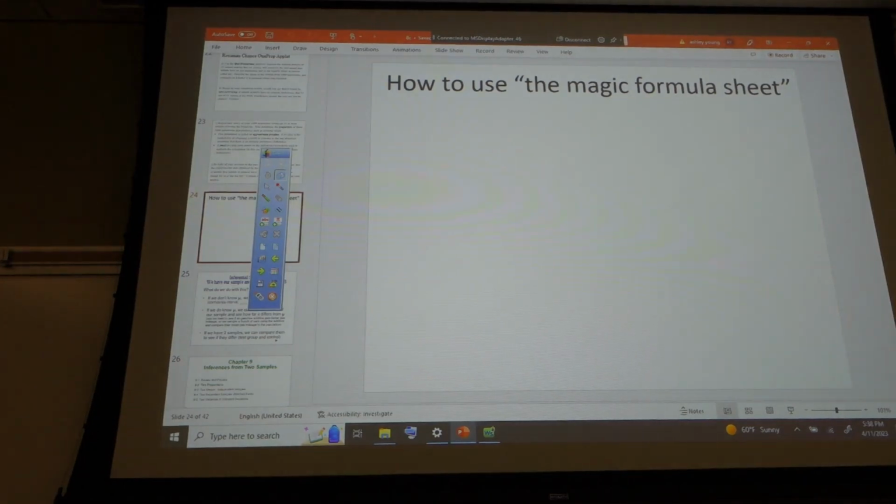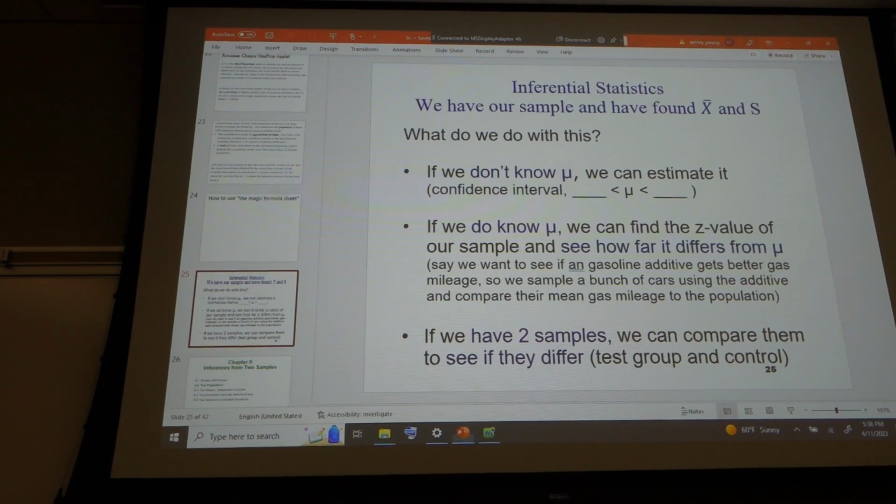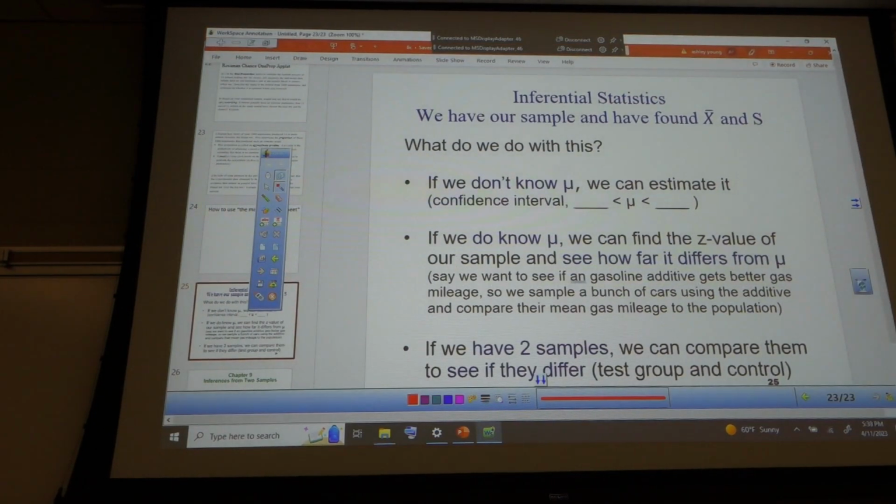Chapter 9 is all about these questions here. You all have the chapter 9 notes. We're going to be looking at